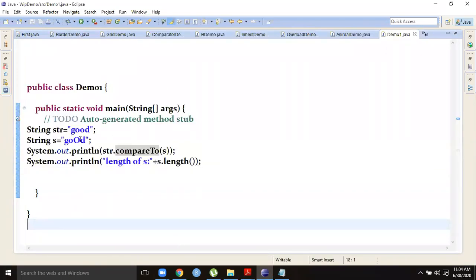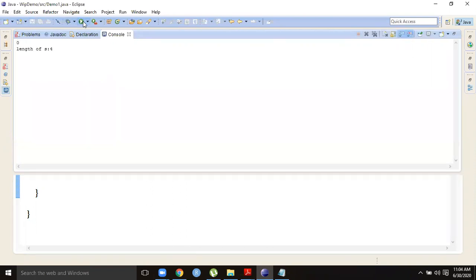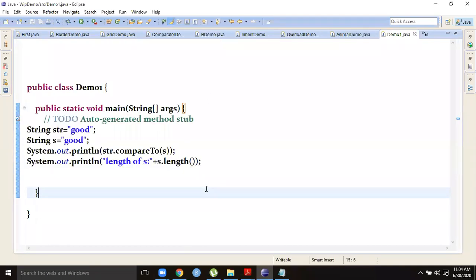So compareTo, what does it give? 32. Now, what is the result? 0, because both the strings are the same. So it is going for the string comparison, where the individual characters are tested.